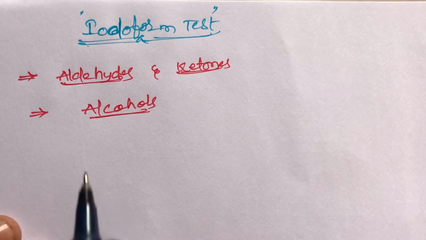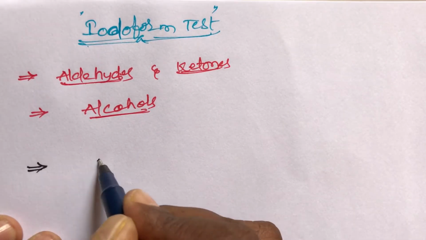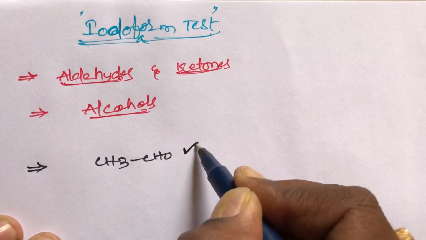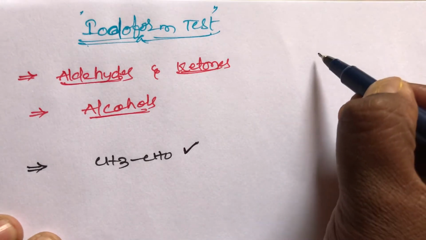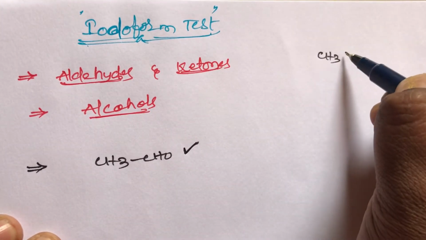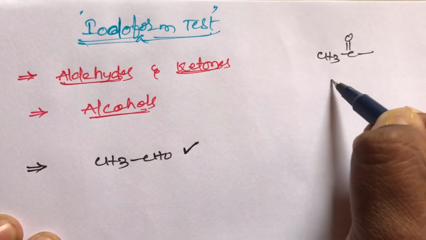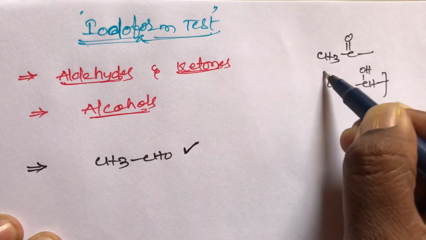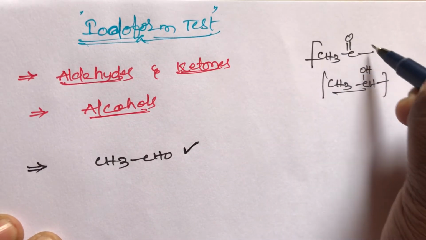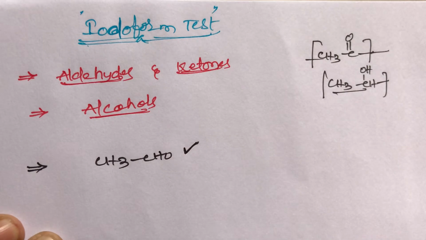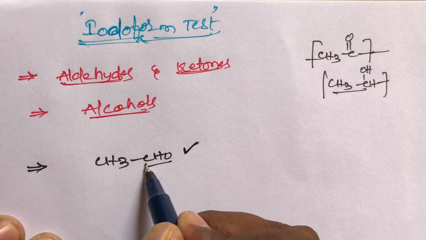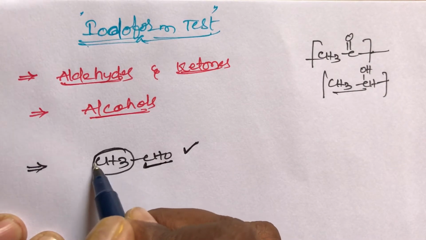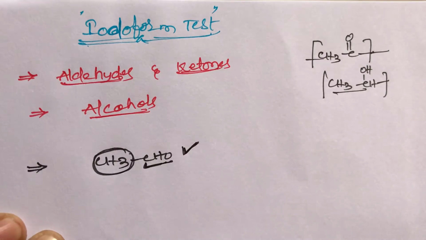Now take the example of the iodoform test for an aldehyde, that is CH3CHO. It gives the iodoform test. Why? Because of this function. What is the condition, students? The CH3CO group and CH3CH(OH). At least one methyl group must and should be there. The compound should contain at least one methyl group. Here the aldehyde group has a methyl group beside it, so this gives a positive iodoform test.